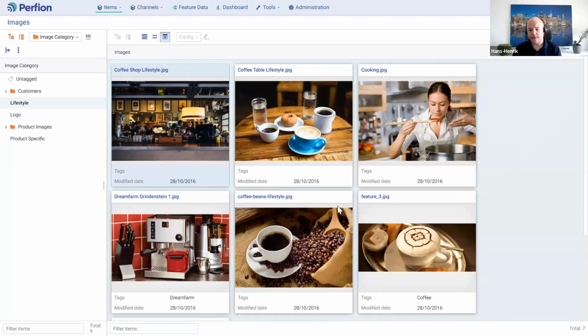We also have an asset portal that makes it possible to expose these images to external users, if you want to send an assortment of images, or just make images or files available for download from the system.